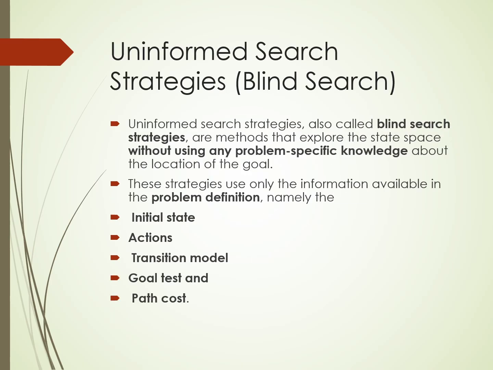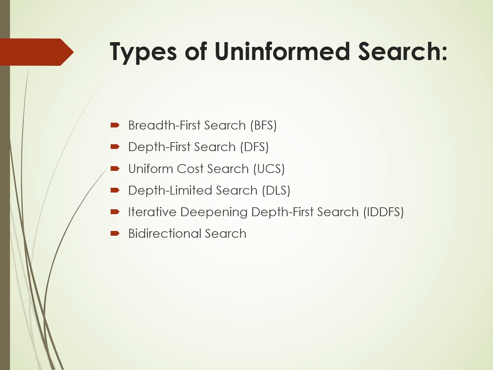There are two kinds of searching. One is uninformed search strategies. Uninformed search is also called blind search, a method that explores the state space without any problem-specific knowledge about the location of the goal. These strategies use only the information available in the problem definition, namely initial state, actions, transition model, goal state, and path cost. Types of uninformed search are breadth-first search, depth-first search, uniform cost search, depth-limited search, iterative deepening depth-first search, bidirectional